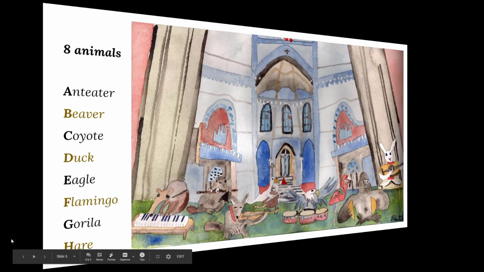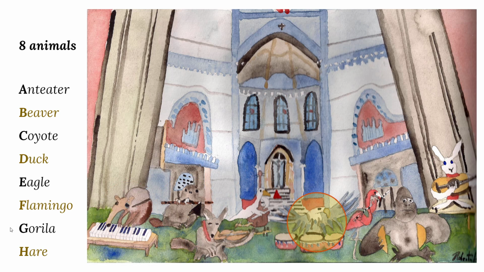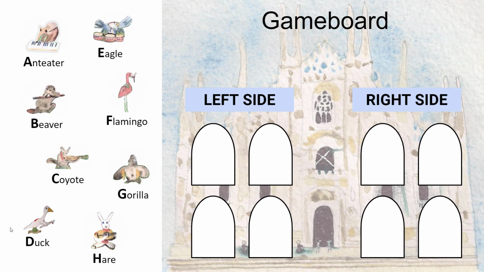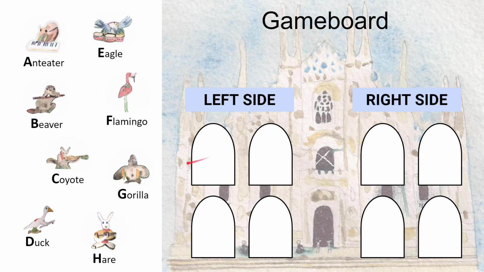So let's get started. We have 8 animals: an anteater, beaver, coyote, dog, eagle, flamingo, gorilla, and hare. All of them are musicians and they're going to play in the Duomo. So we have 8 animal tiles, and then we have a game board for the Duomo composed of 8 different windows. There are 4 on the left side, 4 on the right side, or you could also view it as 4 on the top and 4 on